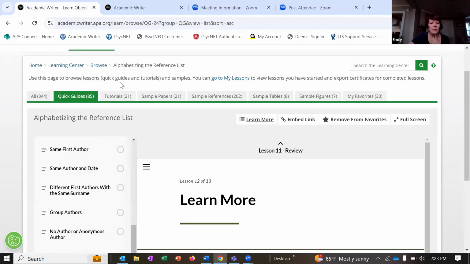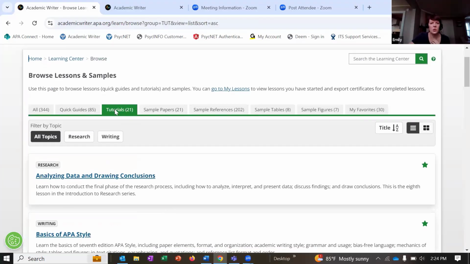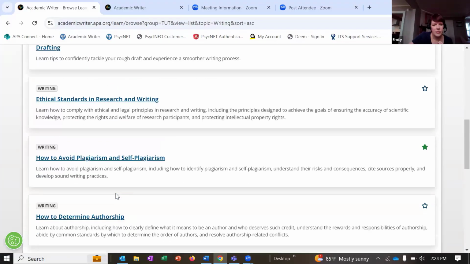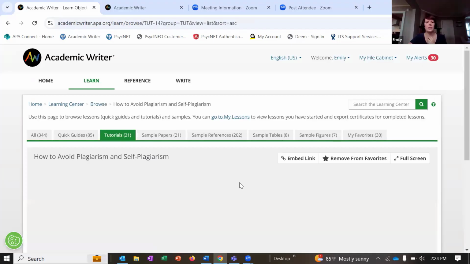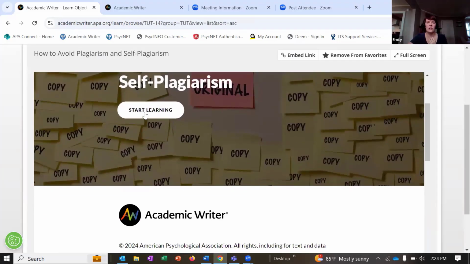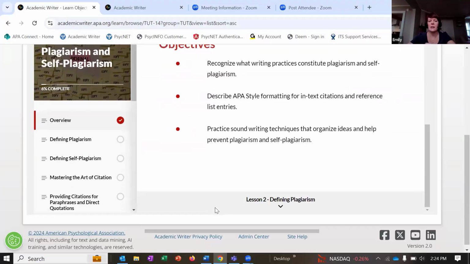Okay, I also want to show the tutorials. If I open up one of these, let's just open plagiarism and start learning here. Remember I said once you start learning, it's going to start tracking. You open up and start advancing through the content, and it's immediately going to start tracking your progress.